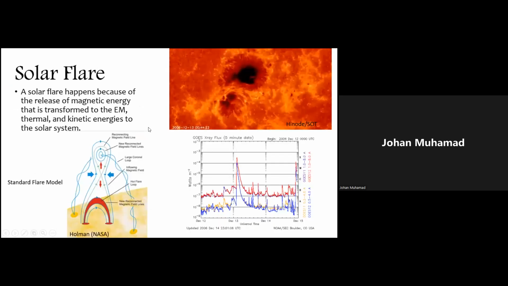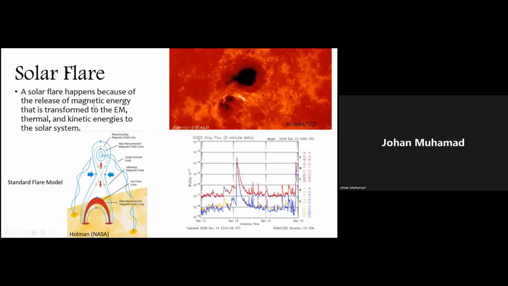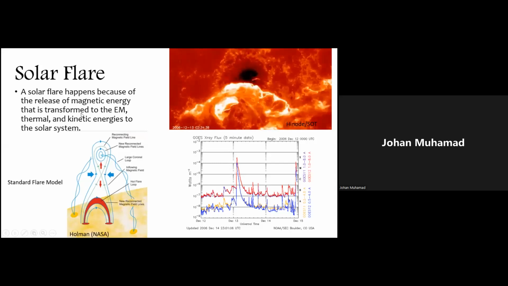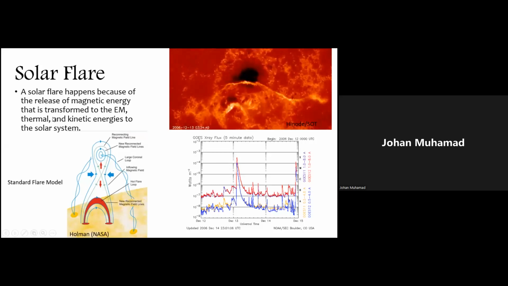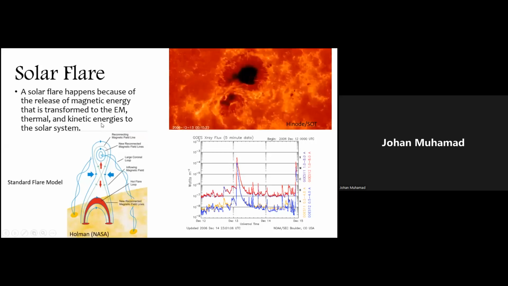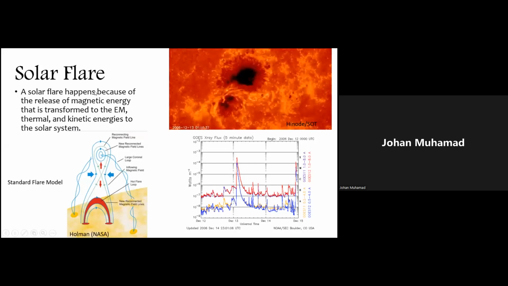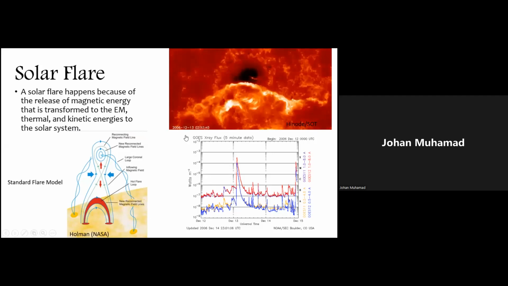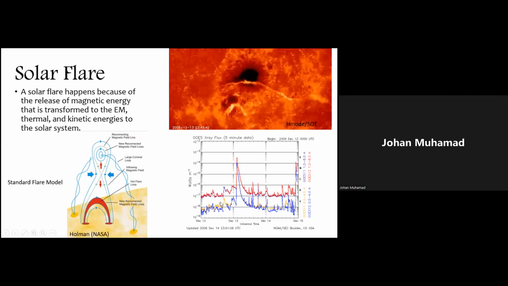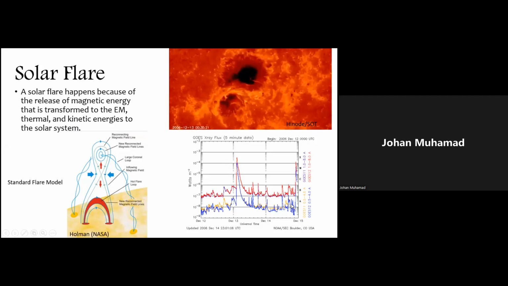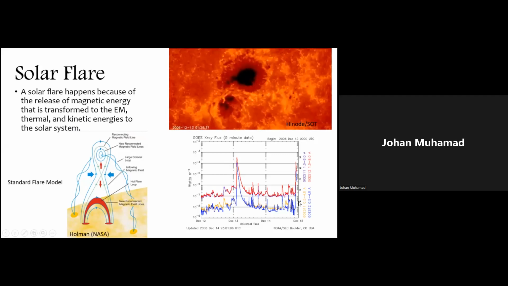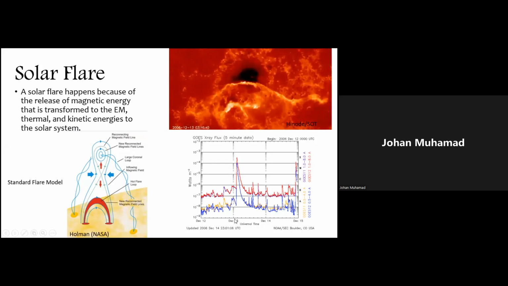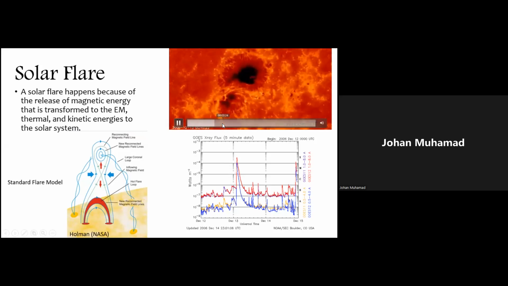So what is a solar flare? The solar flare happens because of the release of magnetic energy that is transformed to electromagnetic, thermal, and kinetic energies to the solar system. I already mentioned the solar flare in the previous slide, that the solar flare is the sudden increase of electromagnetic radiation. This is an observation from the GOES satellites. We observe the sun in different wavelengths, and this is on December 13, 2006, when the X3.4 flare